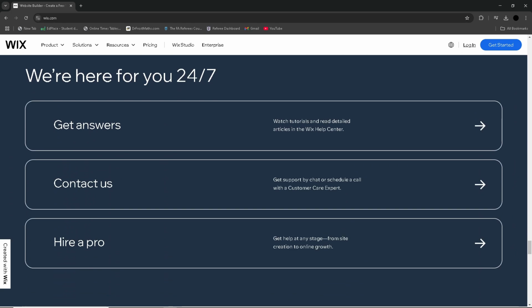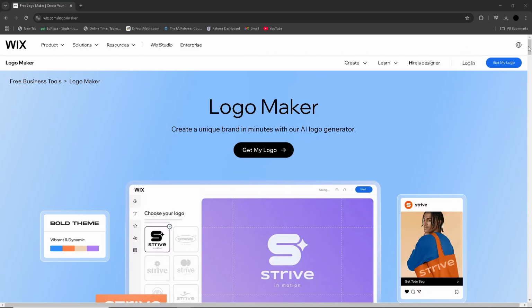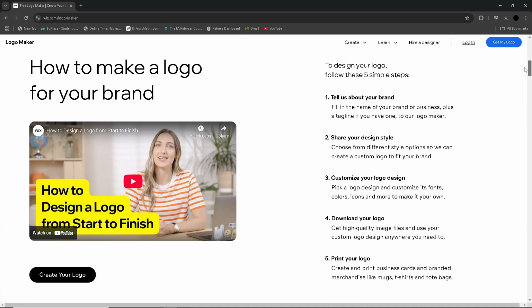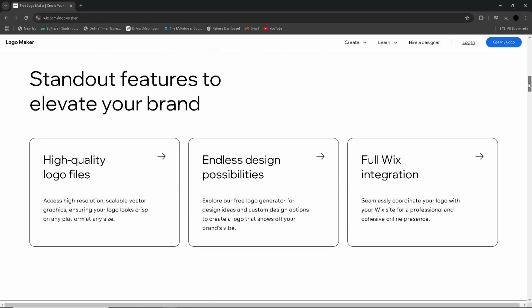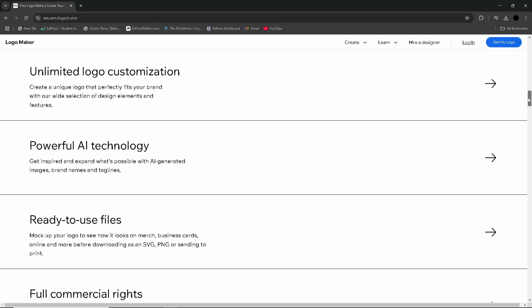Wix typically uses these simple name servers: ns6.wixdns, ns7.wixdns. These are the name servers you will need to enter in your domain registrar dashboard if you are connecting